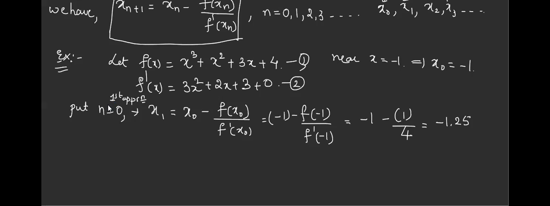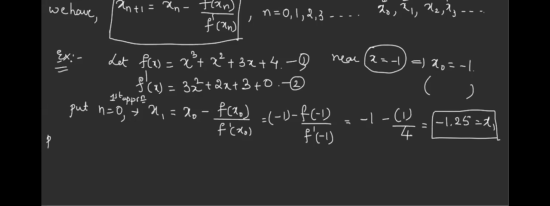Now, how can I confirm whether the answer is right or not? Just see what they have given in the question, that the real root lies near minus 1. Is my answer near minus 1 or very far away? Is this value nearer to minus 1, yes or no? Yes, so this is nearer. When you have an interval, the value lies in that interval. So when they say nearer to some value, your answer obtained should be nearer to that. Take care of that. Now, this is x1, which is called the first approximation. Better keep it in a box.